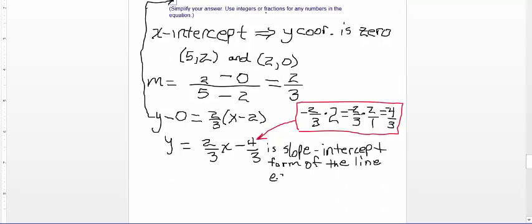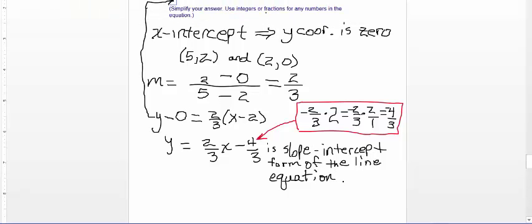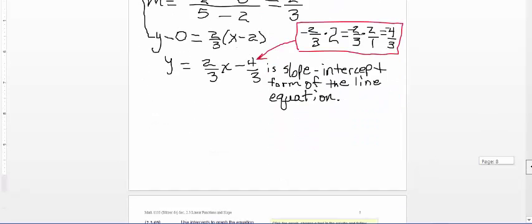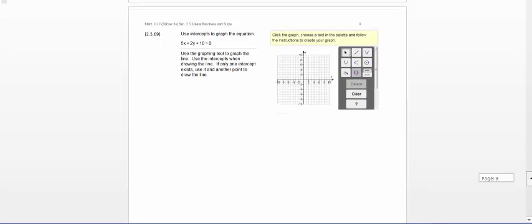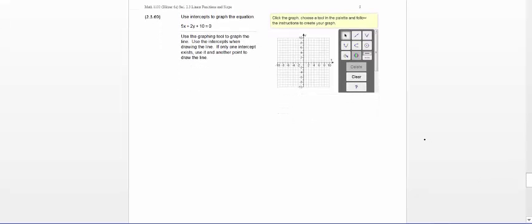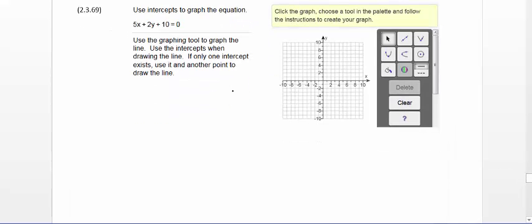And that's the second part of the problem. You'll be putting in that equation for the answer if this were your MyMathLab problem. All right, now I want to do the graphing exercise that gives me a line equation. Here I'm getting this in the form ax plus by plus c equals 0, and I'm asked to graph it